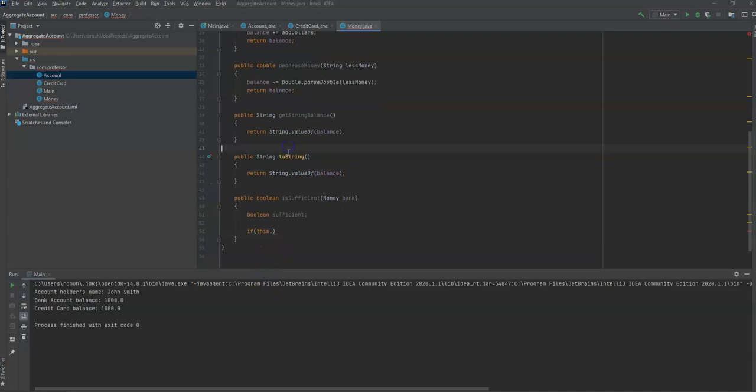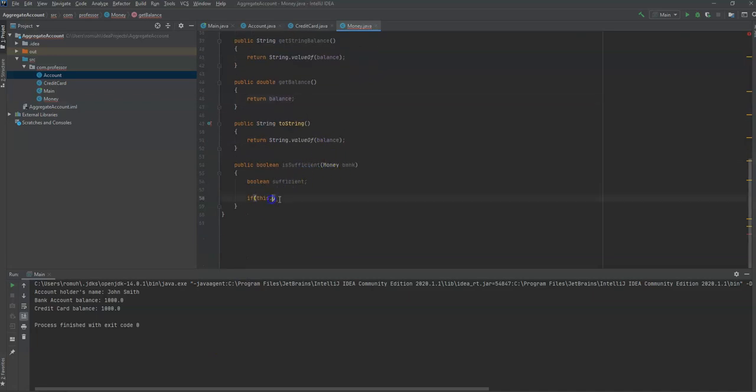So we'll just create a quick getBalance. Double getBalance, and then we'll return the balance. Alright, so we'll return the double balance,